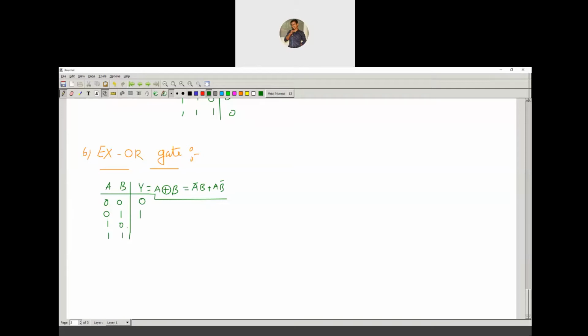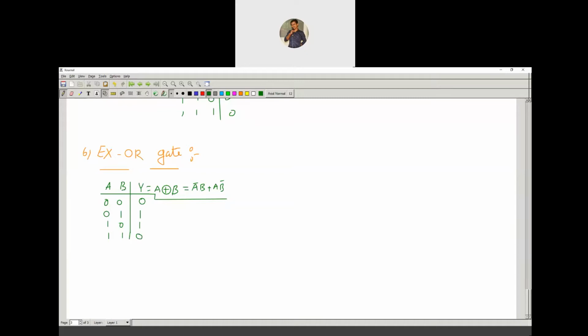Coming to 1, 0, in this input combination we have one 1, the number of ones is odd, so the output is going to be 1. And here 1, 1: the number of ones is 2, and 2 is an even number, so the output is 0.